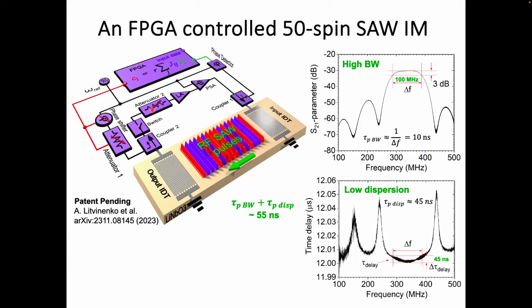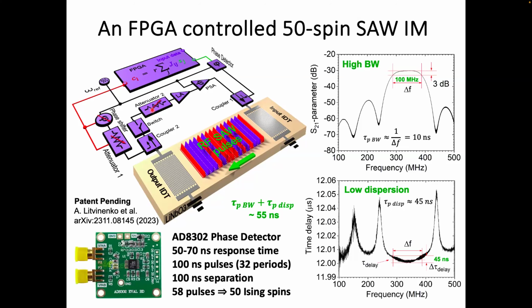So this should give us pulses, ramp rates of 10 nanoseconds, so this should broaden the pulses by some 45 nanoseconds. There are other limitations, though, and the one is the phase detector. It has some response time, 50 to 70 nanoseconds. And it's also questionable if you make the shortest pulse, that would be 3 periods, and you then let it spread out. It's not obvious that the phase detector will operate with that. So we pick slightly longer pulses, 32 periods, and that works very well with this phase detector.